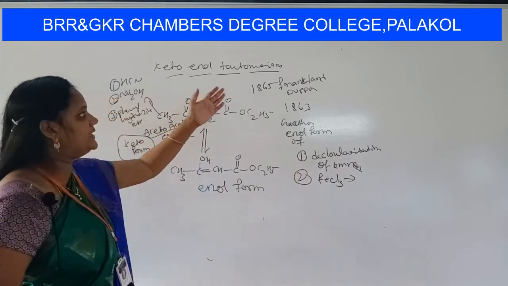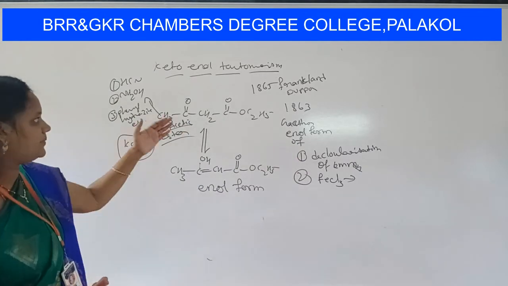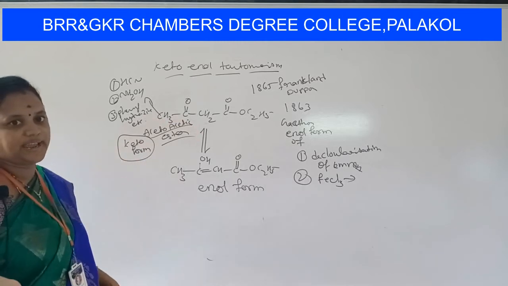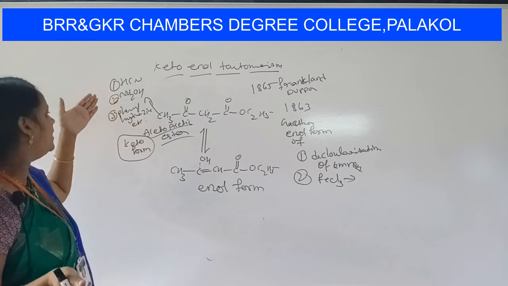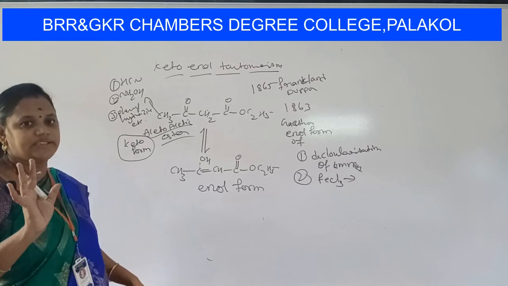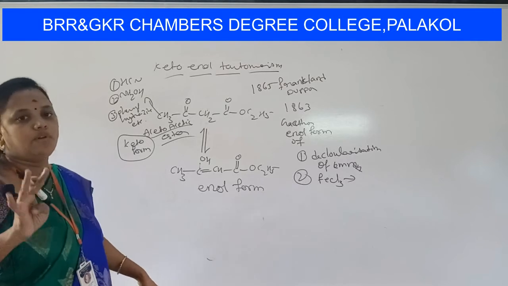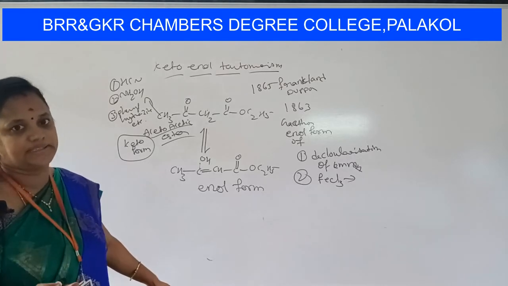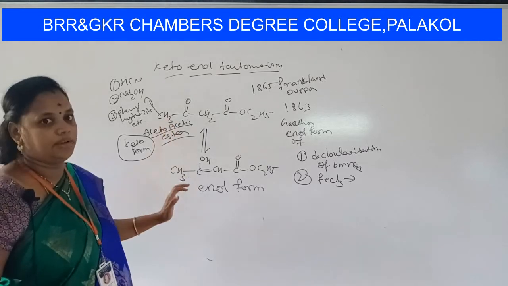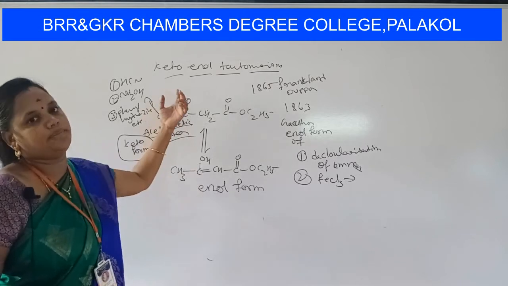Later on, in 1865, Frankland and Duppa came and they gave the keto form structure of ethyl acetoacetate, and they said that it undergoes addition reactions with HCN, NH2OH, phenyl hydrazine, etc. This point about acetoacetic ester was under discussion for 4 decades, students. 4 decades means almost 40 years. There was a point of discussion about this concept: which structure is correct, whether the enol form is correct or the keto form is correct.